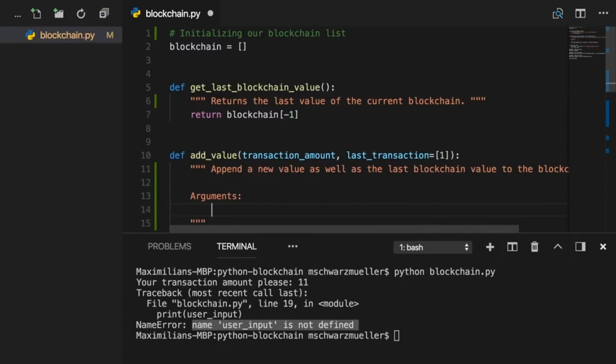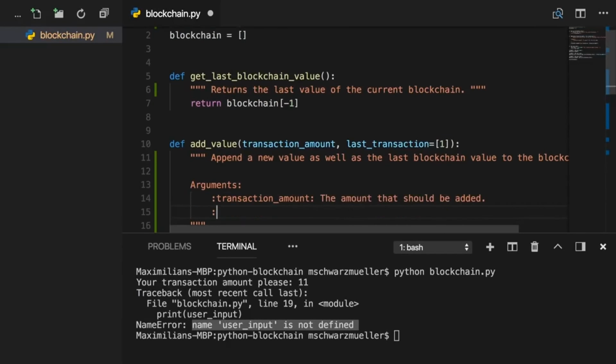I'll use this style, arguments, then I'll use a colon, but this again is really up to you, and the name of an argument like transaction amount, and then a short information about that argument. The amount that should be added, and we got a second argument, last transaction, the last blockchain transaction. We can also add default 1.